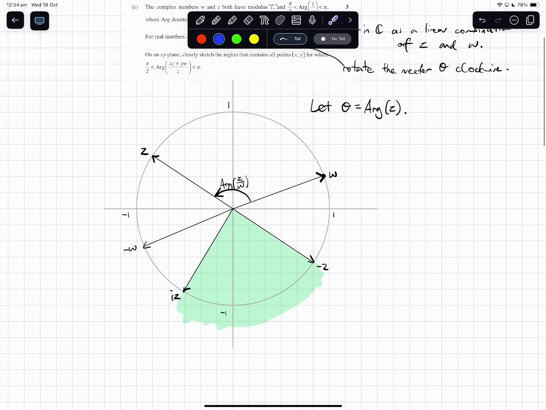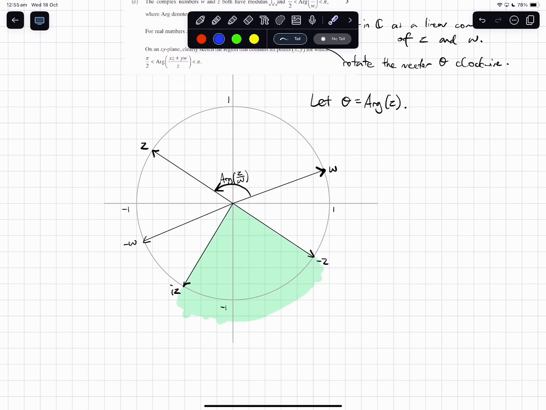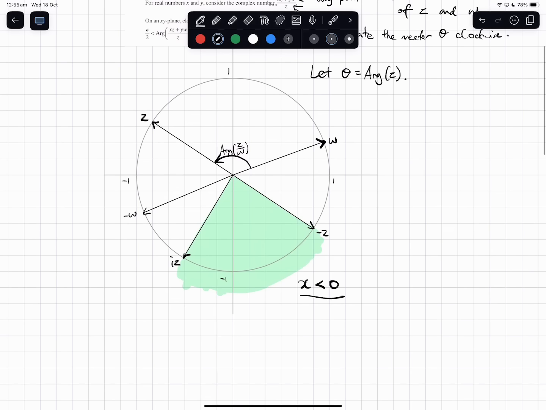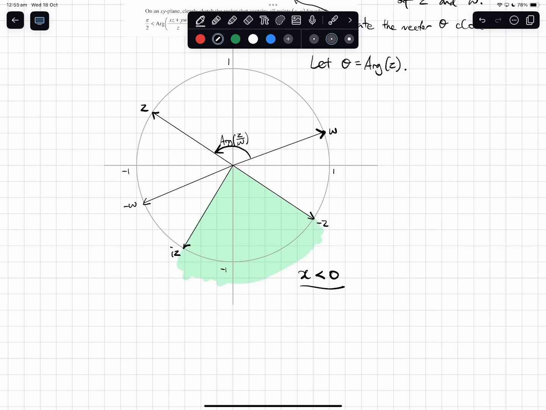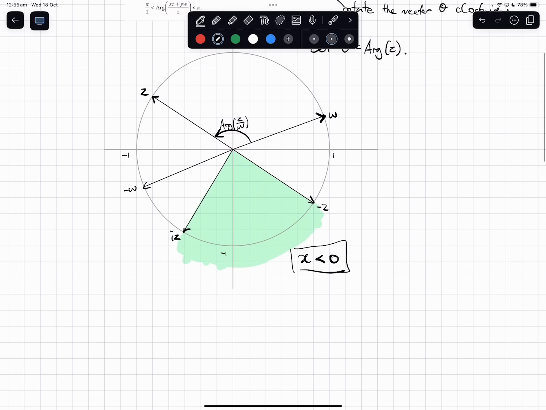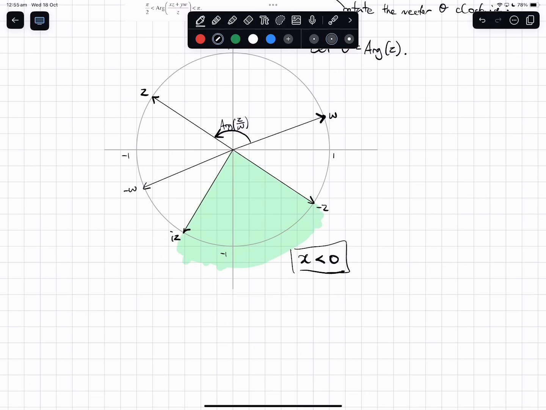So how do we actually find out what the values of x are? Well, just to summarize what I just said there, we know that the values of x have to be negative. We need to have negative scalars of z to get into this green zone. Okay. So once you have decided how much x you want,